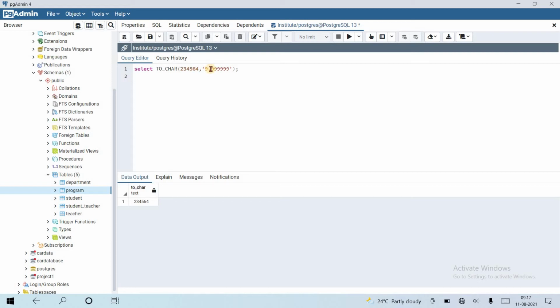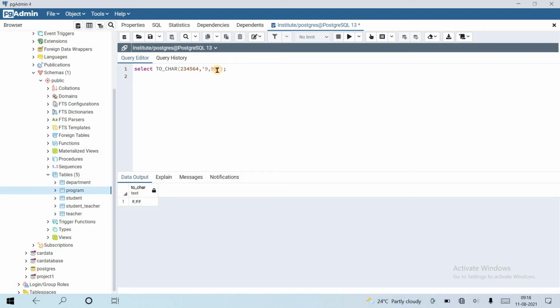If I increase here one more 9, then you can see that 234564, all the digits are included. If you only use two 9s, then you can see hash hash hash, because the length of this integer is more than the numeric places we took, which is too little. So PostgreSQL cannot understand.